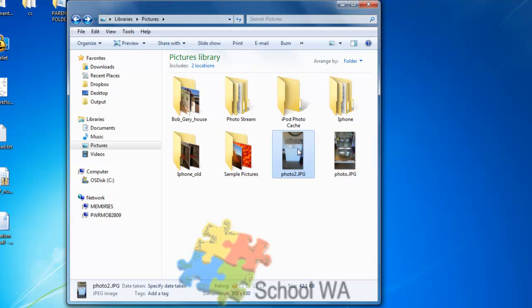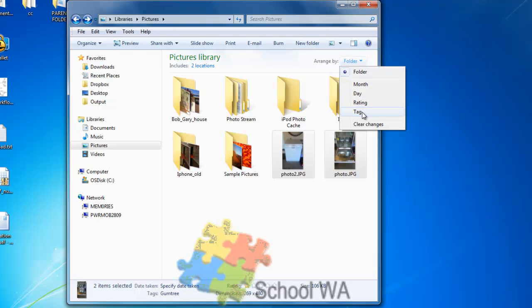So what I can do is, if I again select them both, and at the very bottom again, where we did a rating, I can add a tag. If I click on here, I can now just type in Gumtree. And then when I click Save, I can now filter my photos via tag. So if I come down to tag,